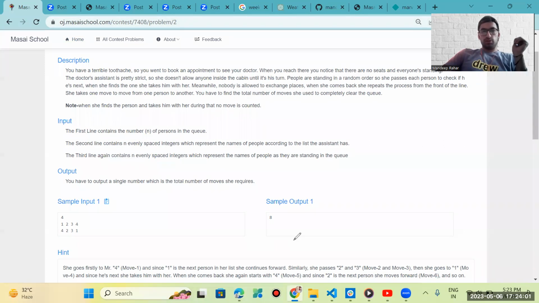This one is the length of the array, this one is the first array, then the second array. And what we need to find in this question, see, how many steps we take to